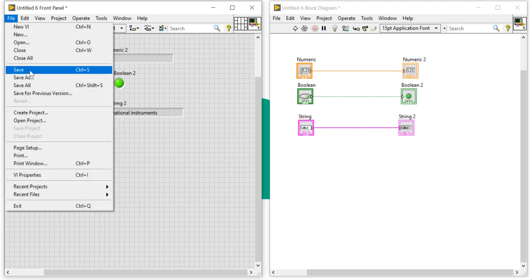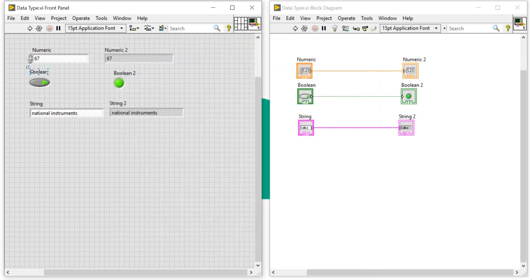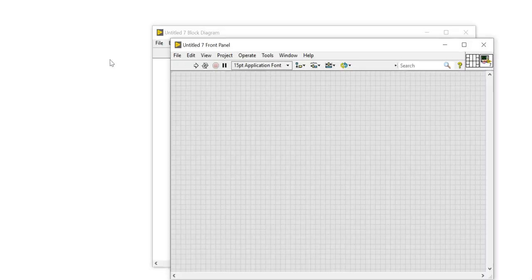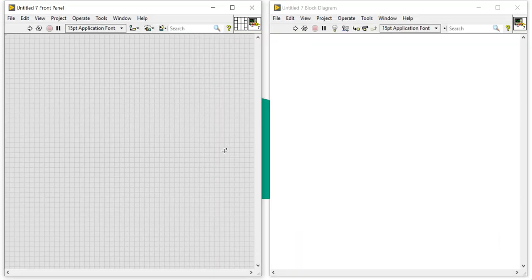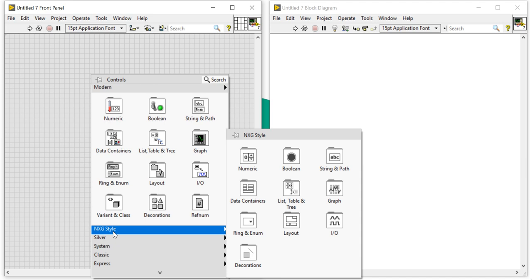Let's save the file with the name of data type. Let's come to the next example. Here we will learn about different kinds of styles.